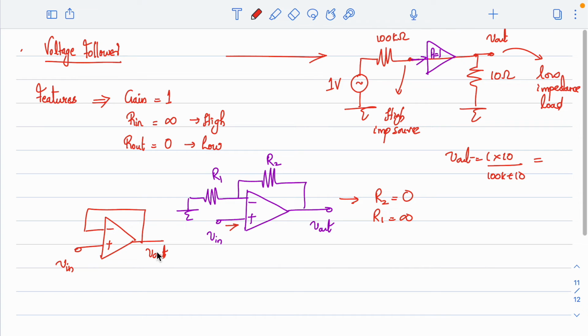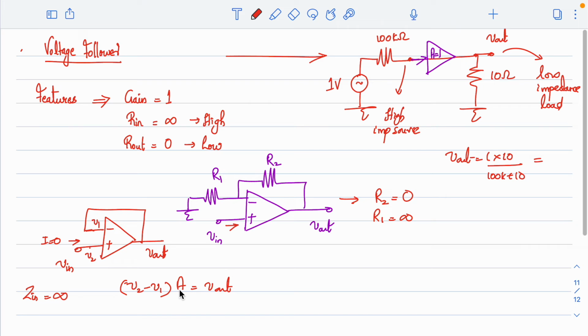Now if I look at this, we know that input current is equal to 0, therefore input impedance will be equal to infinity, right? Now a feedback exists and say your A is infinity, the open loop gain is infinity. Your output is connected back to the inverting input terminal. So as before, if I write this as V2 and this as V1, I can write V2 minus V1 into A is equal to V out.